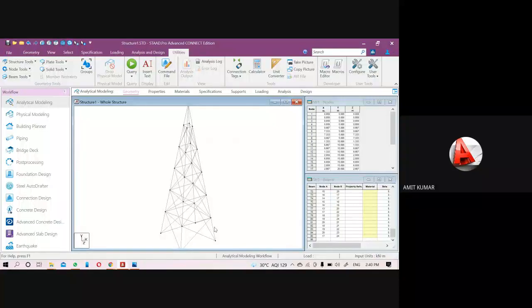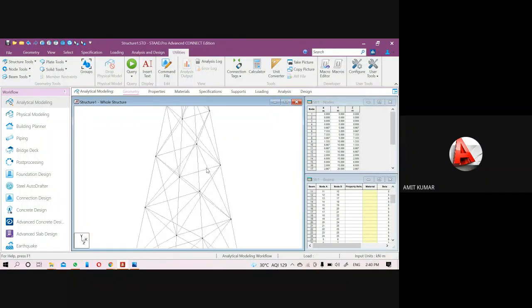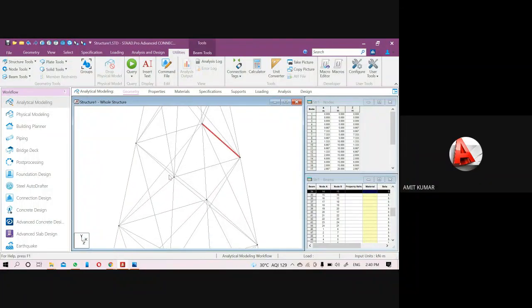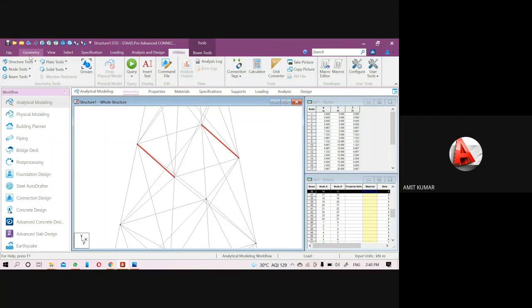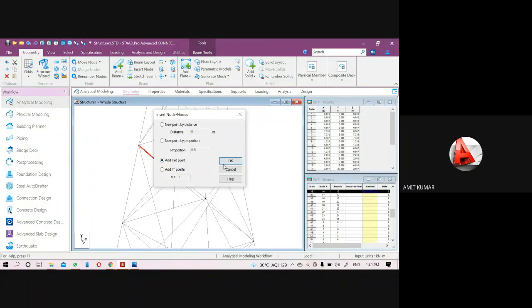Yeah, so one, two and three. So just zoom this structure, and for this beam and this beam I have to insert a node at midpoint so that we can create the supporting arms of this transition tower. So just insert the node at midpoint.